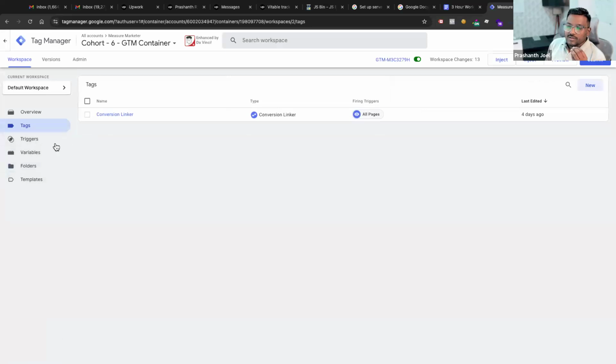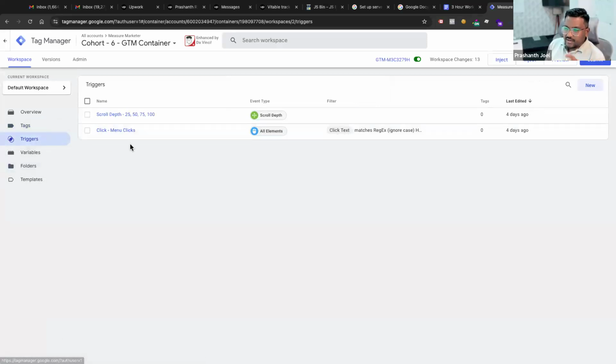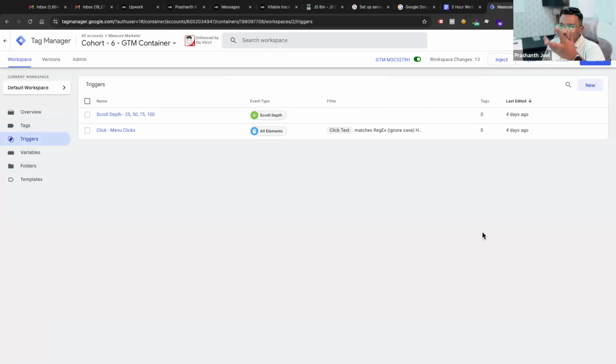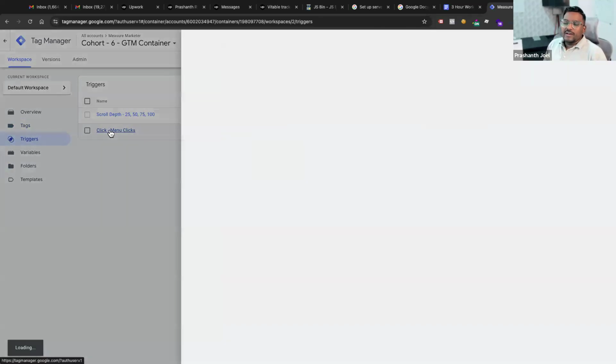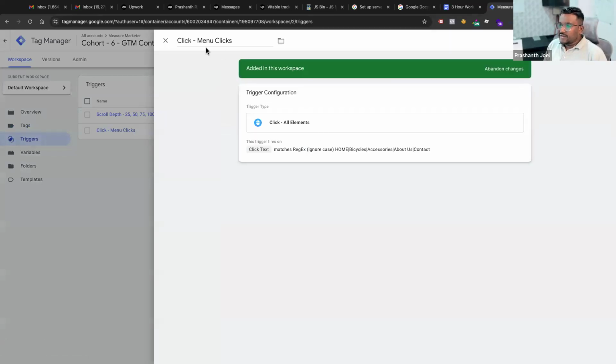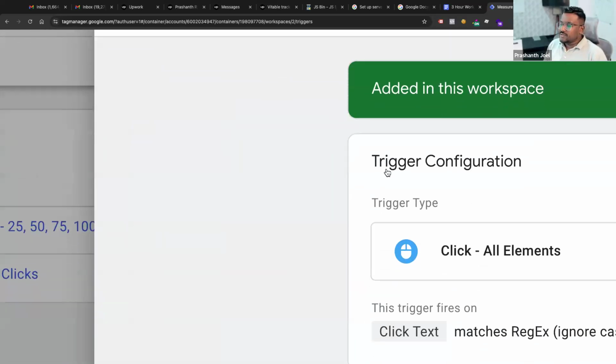So what I will do is look carefully. I am not creating any tags. I will only create triggers. See? I create triggers. A lot of triggers I'll create for you so we can see how this is working. So I created one trigger. The first trigger is whenever people click on menu clicks. So I simply said,